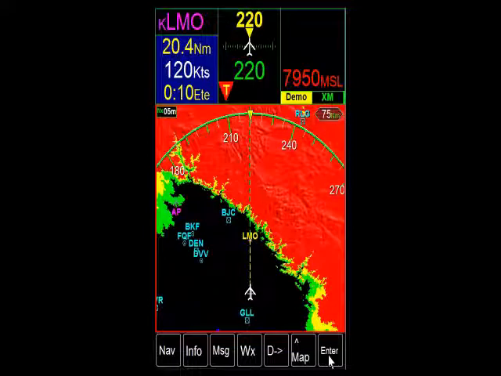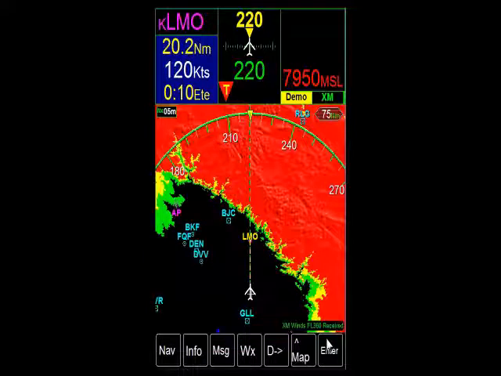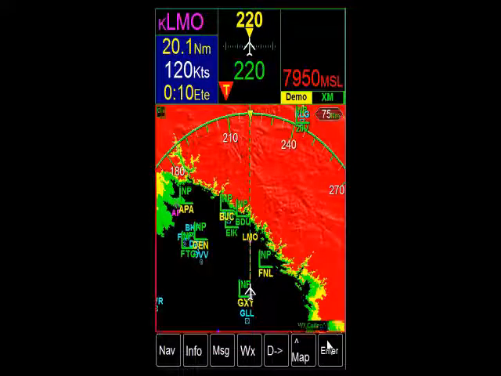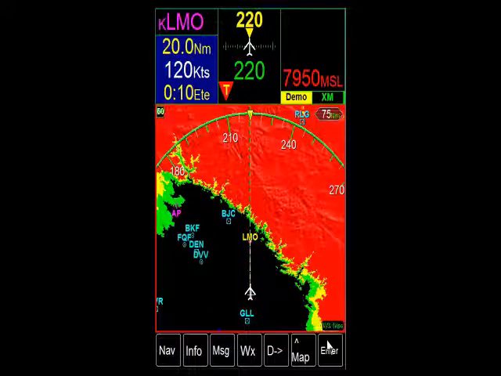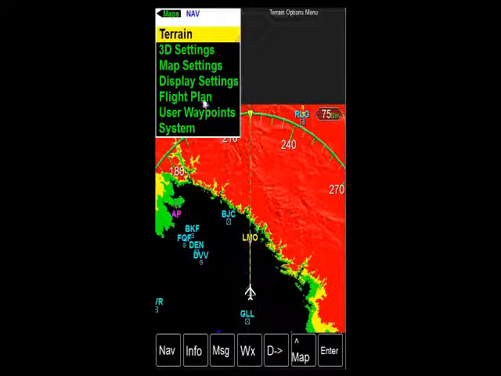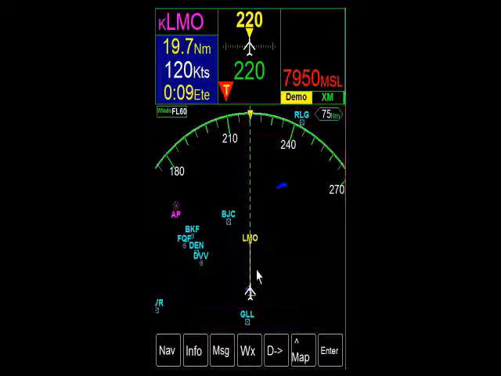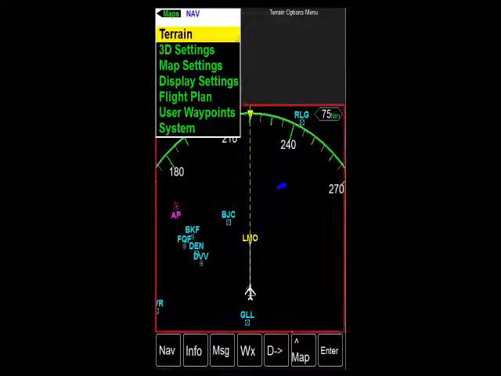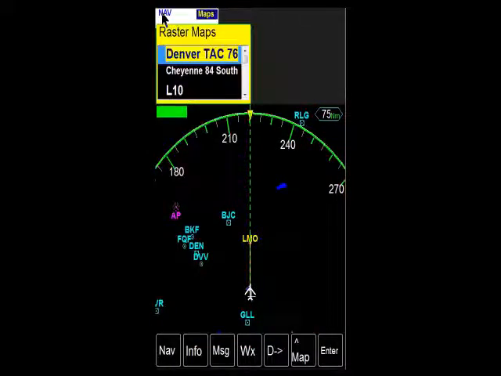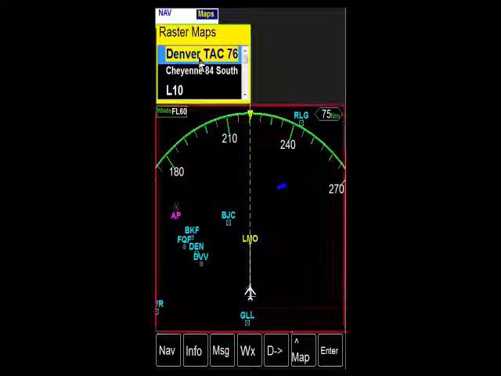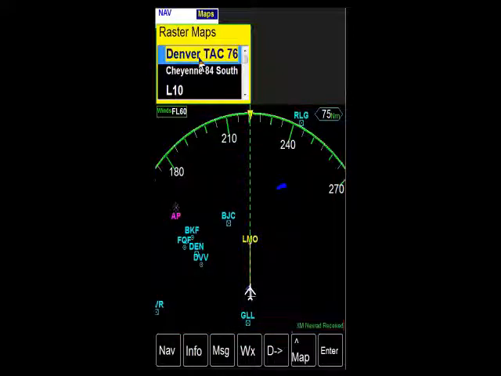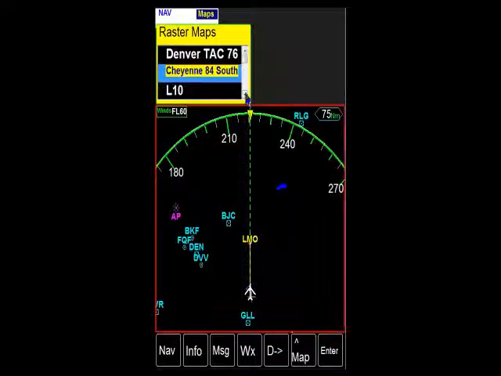as well as weather. In this case, we don't really have any weather to show in this particular area, but every time you hit the enter button, you'll display different layers of weather information. So that's what you end up using most of the time, those main things. Now, of course, the other thing you can do is, let's say you want to look at the sectional charts. We'd hit the nav key, just tap where it says maps. In this case, you have the chart around the Class B airspace, your standard sectional chart,